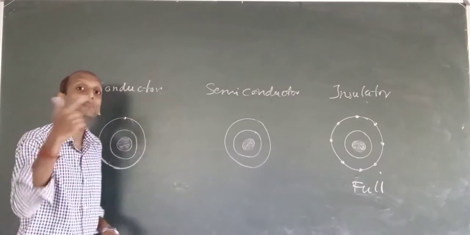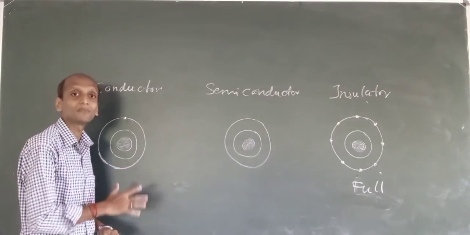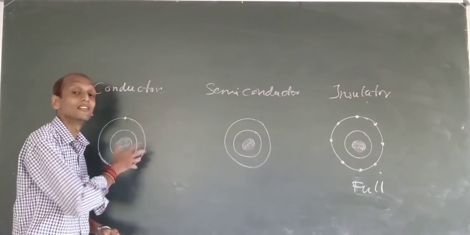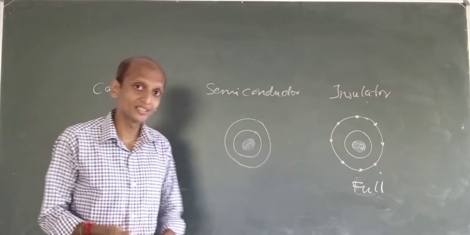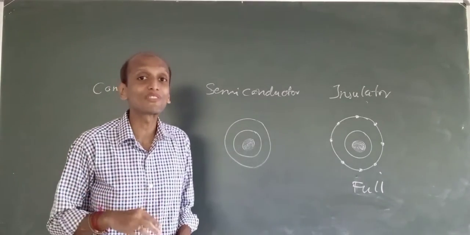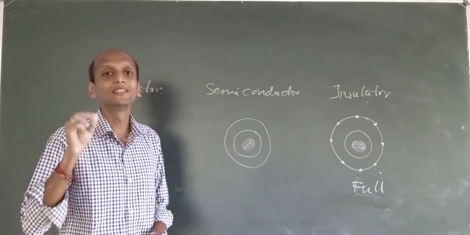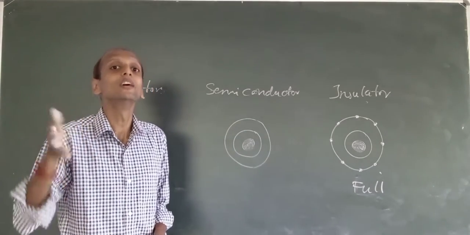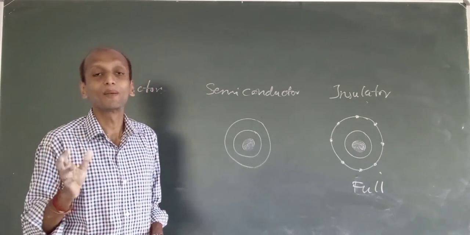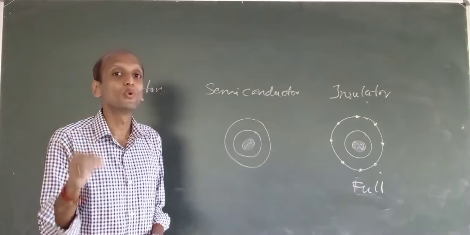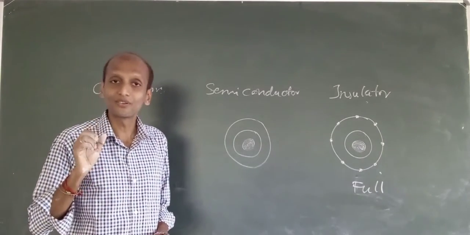So more charges are flowing from one atom to another atom. 7 charges can flow from one atom into another atom. More number of charges flowing means what? More current will be flowing. Okay? Have this in your mind very clearly. More number of charges flowing means more current is flowing. Fewer charges flowing means less current is flowing. Okay?